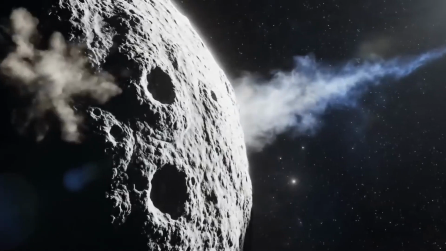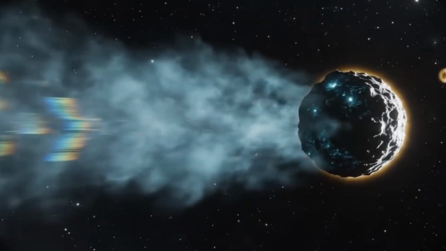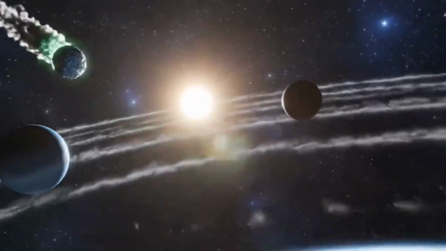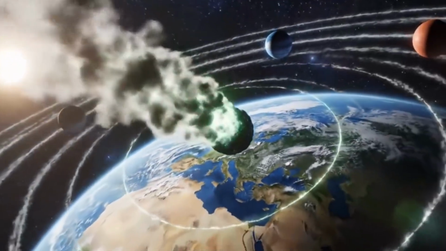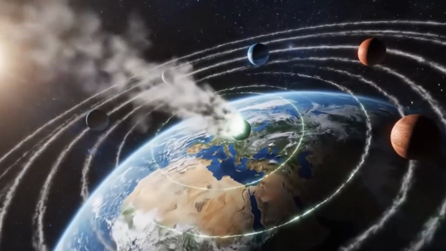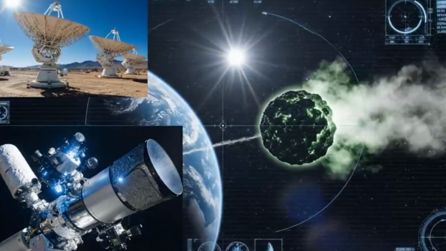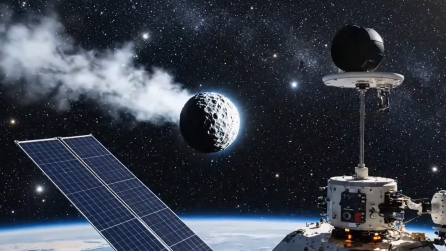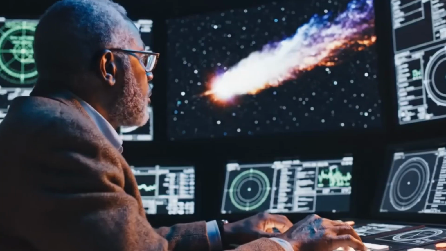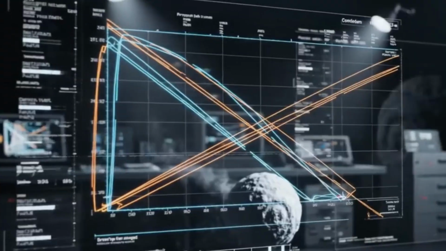The final piece of the puzzle, the one that remains elusive, is the rotation state. If we can lock down the rotation period and axis, we can definitively choose between the cryovolcanism and fragmentation models. A slow, stable rotation would favor the fragmentation model, as the thermal stress would be more localized and intense. A rapid tumbling rotation would favor the cryovolcanism model, as the outgassing would be more evenly distributed, leading to the observed symmetric coma. The Hubble team is working on this, and their results will be the final piece of evidence we need to fully understand the sharp change in 3I Atlas's path.